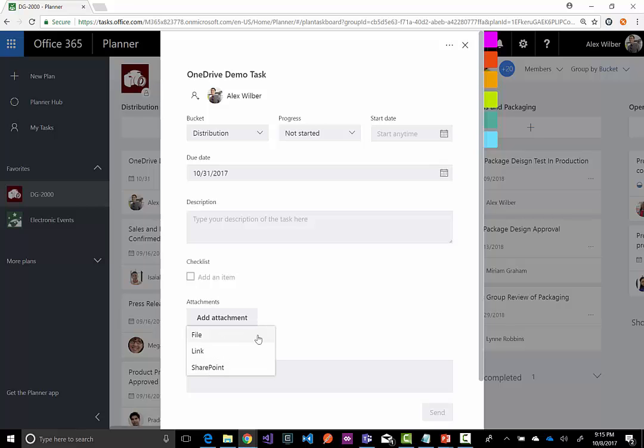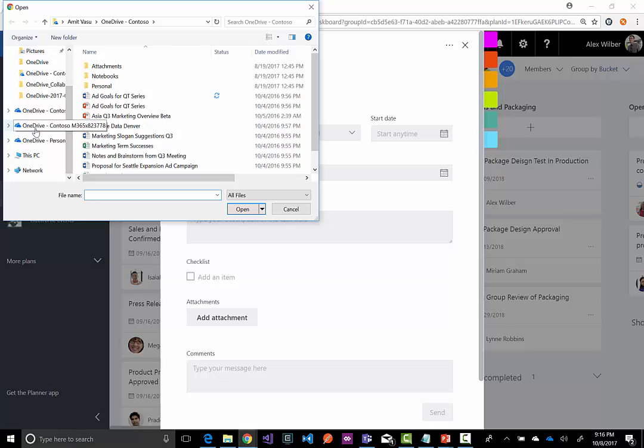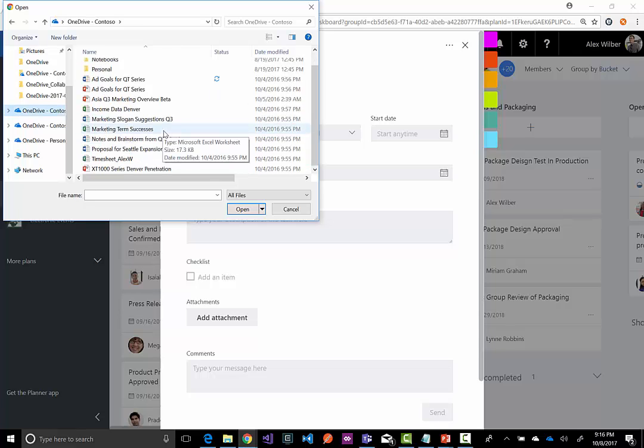Planner and SharePoint both would be part of the same group, so it's very likely that the team that is working and collaborating on a specific document or set of documents might still be used in your Planner. So SharePoint, as I mentioned, logically would make sense, but in some cases you would start with a template on your OneDrive and want to attach it to your task. Now, as you can see, the experience goes back to your drive, but you should remember that all your OneDrive files you're either syncing or you have the option to attach, or bring it back to your local drive and attach it from there. So you can just simply select